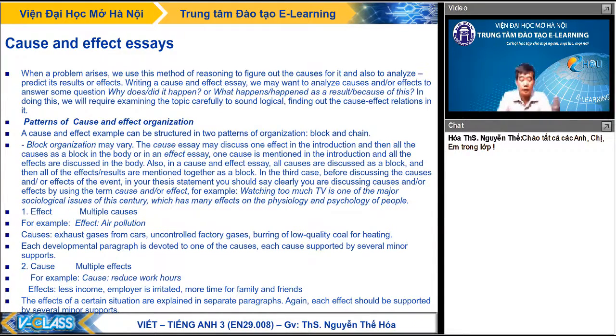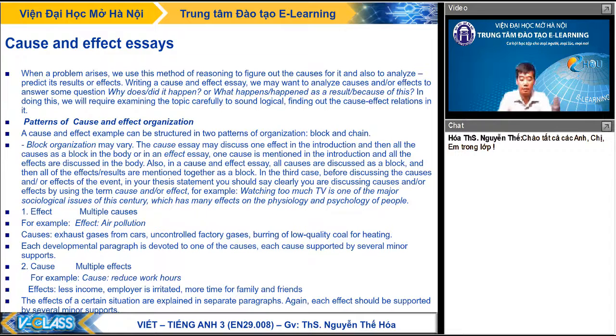The cause essay may discuss one effect in the introduction and then all the causes as a block in the body. In an effect essay, one cause is mentioned in the introduction and all the effects are discussed in the body. And also in a cause and effect essay, all causes are discussed in one block,